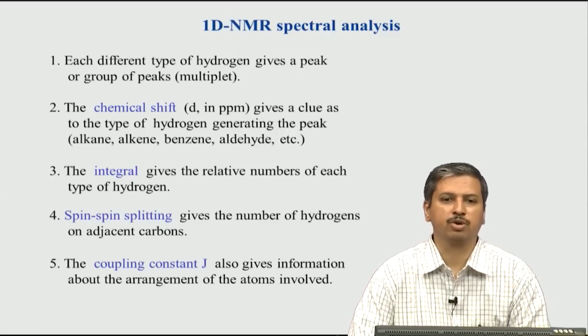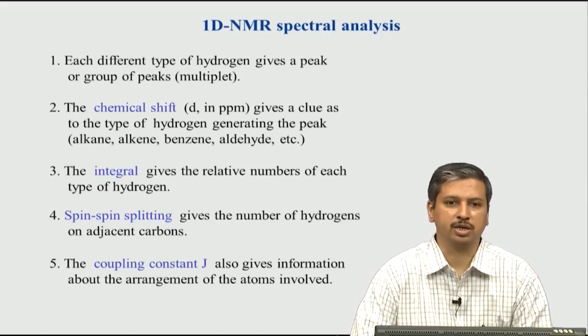The next very important parameter for NMR is the integral, that is the area of the peak. If you recollect, we mentioned a few classes back that the area of the peak is directly related to the number of hydrogen atoms, or number of protons, giving rise to that peak. So, the integral is very important if you want to quantify, to measure the number of hydrogens, and that is a very useful parameter. Another useful parameter is called spin-spin splitting, which in common jargon is also known as J coupling